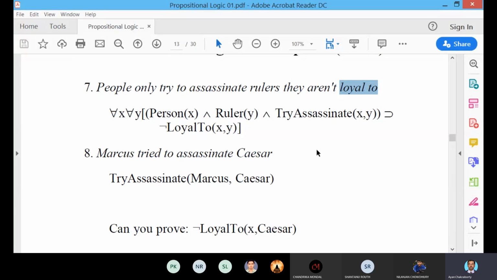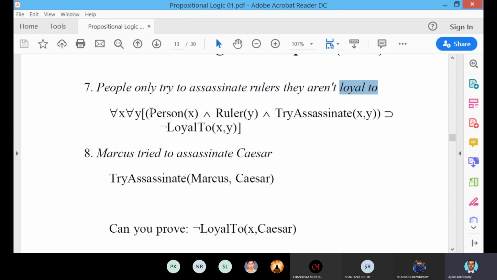So to represent the predicate, what do we need? We need at least an unspecified reference variable. We have two predicates, people and ruler, so for these two predicates we have taken two reference variables, x and y. That is the first thing we need.